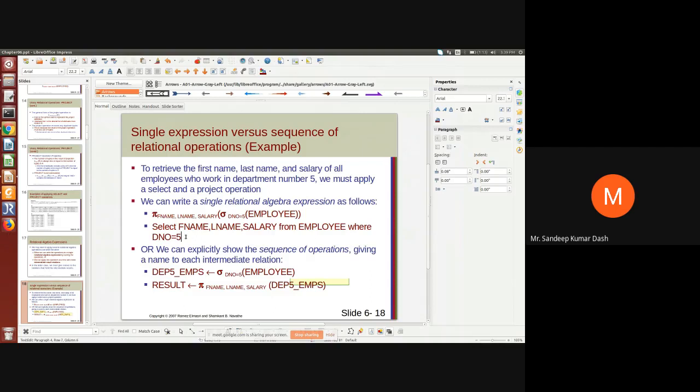We are getting first the selection condition. First you have to select those rows where department number equals to 5. Then when that result is obtained, you are selecting only 3 columns out of that. This is the way you write a query. But in terms of formal expression, the same thing is expressed like this. First is selection of rows where department number 5 is there. Then out of that, you select those columns which you require. So it will show you only 3 columns.